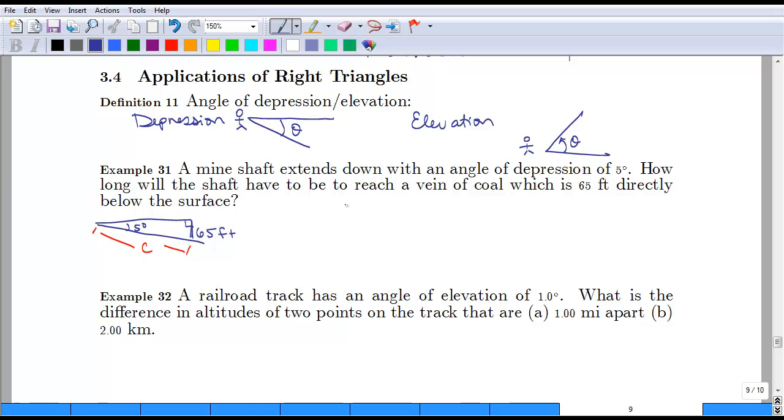So opposite and hypotenuse tell us we need the sine of 5 degrees is equal to the opposite, which is 65, divided by C, which is the hypotenuse. And as we noticed in the last video, since C is in the denominator, we need to do a couple extra steps. We're going to multiply both sides by C, and then we end up with C times the sine of 5 degrees is 65, and then we need to divide by that sine of 5 degrees,